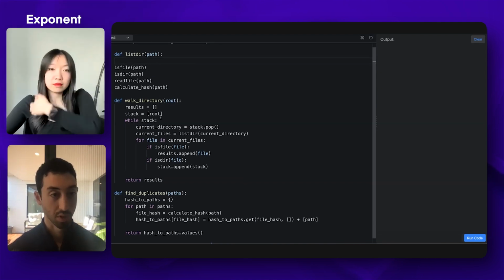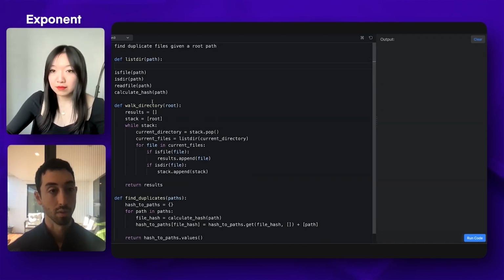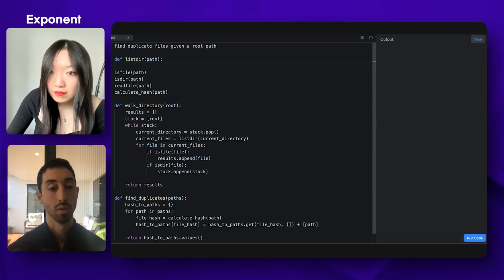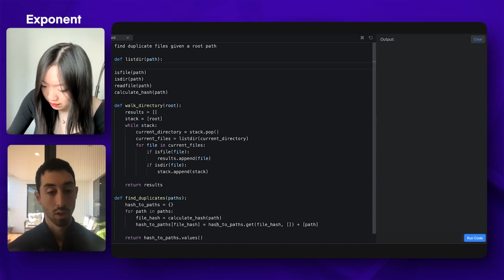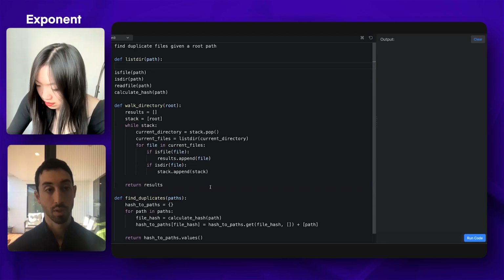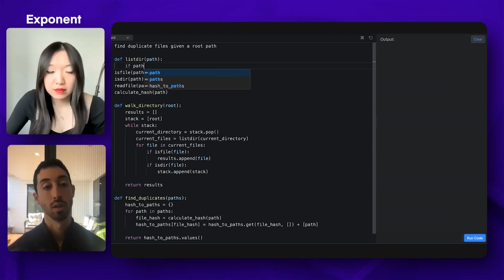Because I need those values of the functions return. So let's say this here returns, like I can do like that.